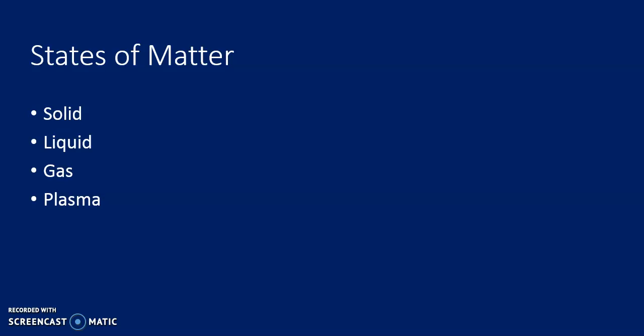So what are the states of matter? The states of matter, using water as an example, are ice as a solid, water as a liquid, and gas or vapor would be the steam, like when you were to make tea and the steam tells you that the tea is done. Plasma is also a state of matter, but we will not deal with it very often because plasma is in the stars.